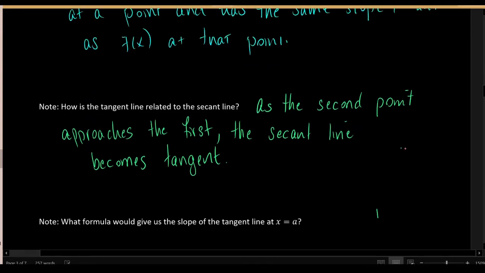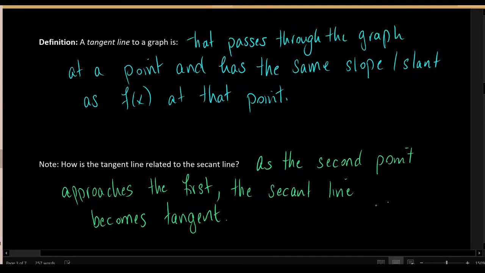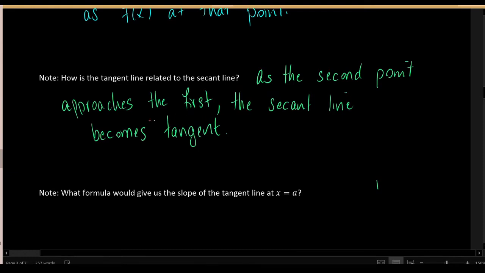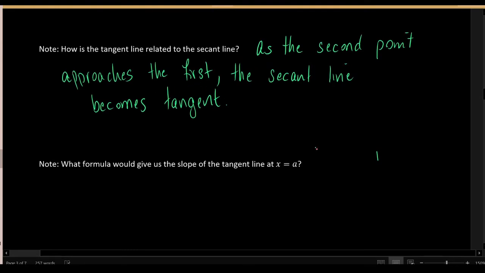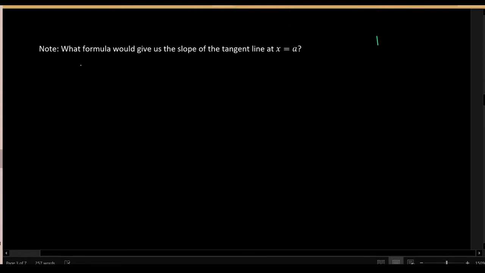So what mathematical tool have we used in the previous videos to have the right end point of an interval get closer and closer to the left end point of an interval? When you want one quantity to approach a second quantity, we have used a limit. And in particular, if we wanted to get a formula to give us the slope of a tangent line at a point such as x equals a,